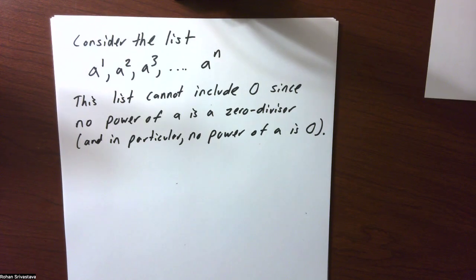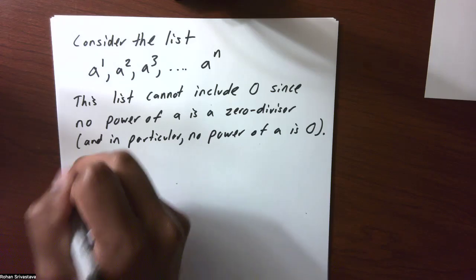Okay, so this list of n items cannot include 0. N items, all of which are elements of the ring, and it can't include 0, but 0 is an element of the ring. So that means that by the pigeonhole principle,